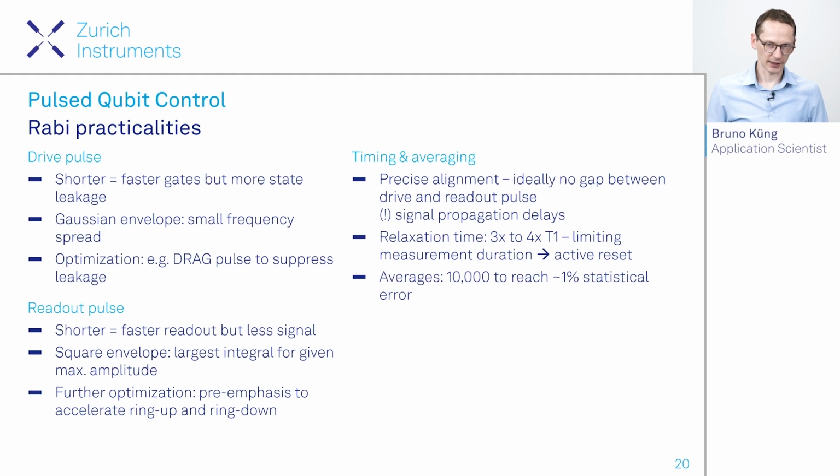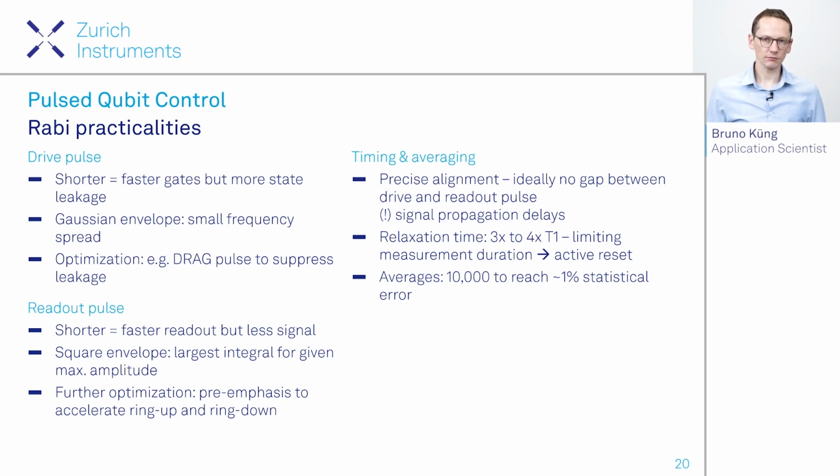And some practicalities of this measurement. So first, about the drive and readout pulses. For the drive pulse, generally we want to apply a short pulse. That's advantageous as it allows us to apply a fast gate rotation. The disadvantage of shorter pulses is that you generally increase the leakage to higher excited states. This you suppress from the start to some degree by choosing a Gaussian envelope, which has a really well-decaying spectrum at